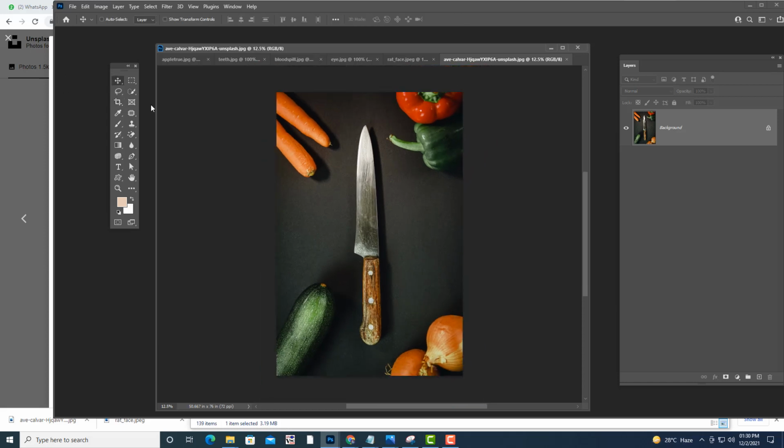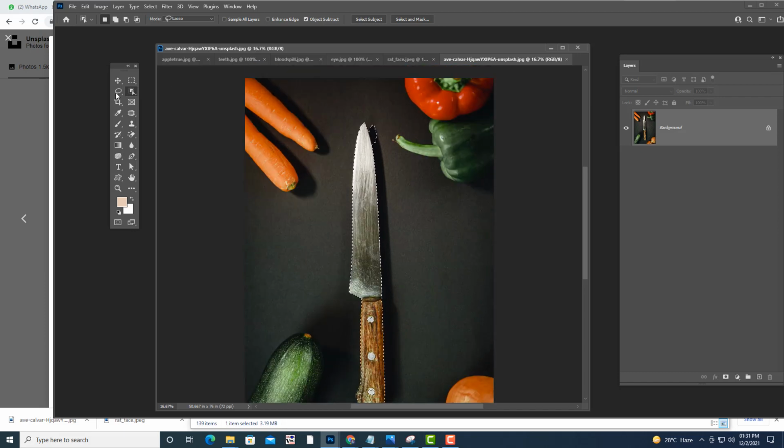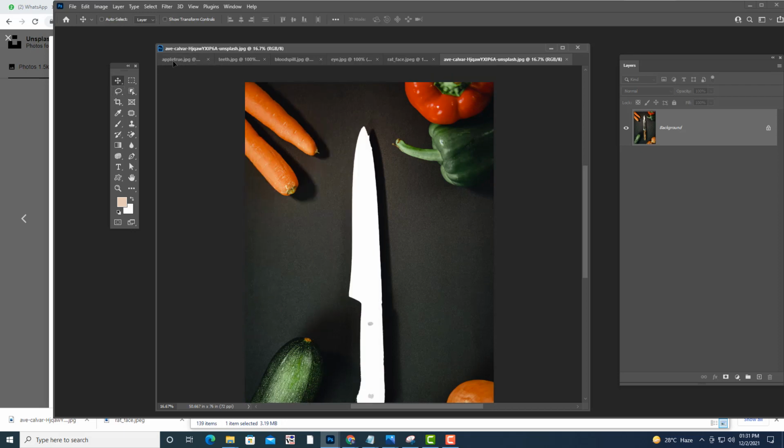So then, what is the next thing we'll do? We'll just use object selection, select subject. Okay. So then, simply drag it here.